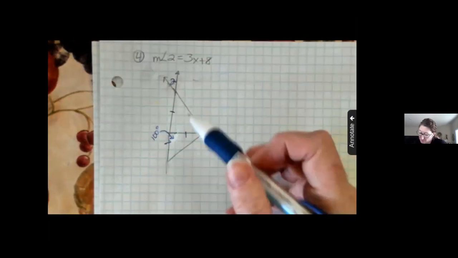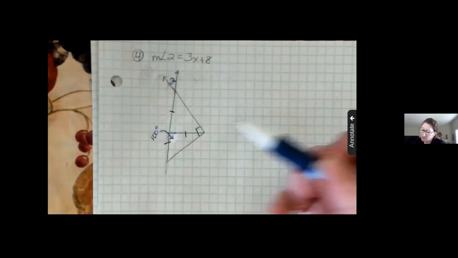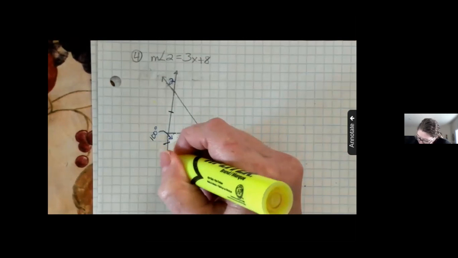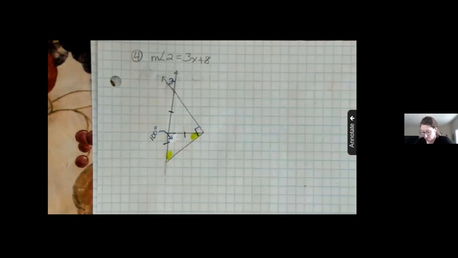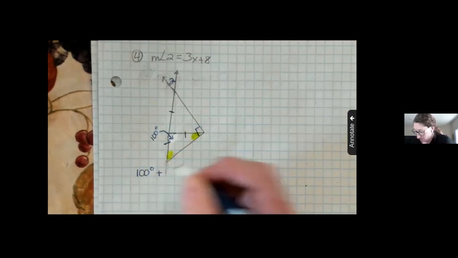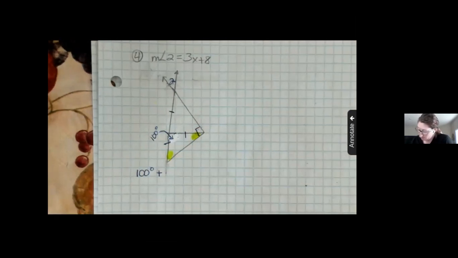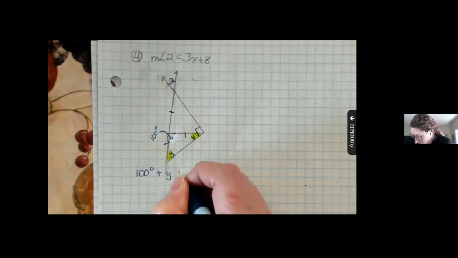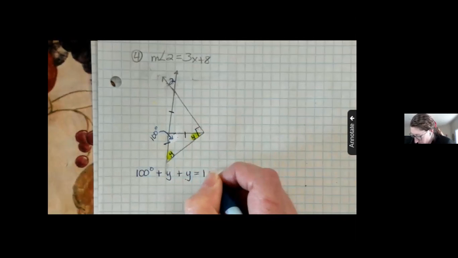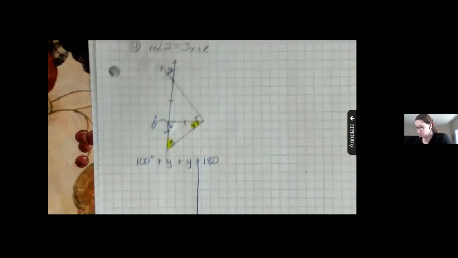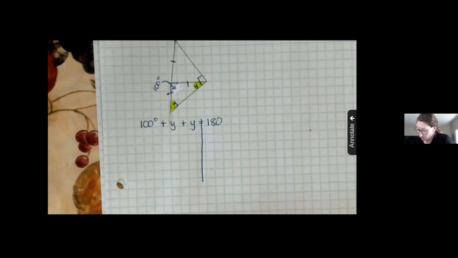So now let me work backwards. I need to know these two angles. I don't know them, but I know part of it. I have to find out this one and this one, so I'm going to take 100 degrees plus, and let's make these y and y, plus y plus y equals 180. Now, once you solve for y,